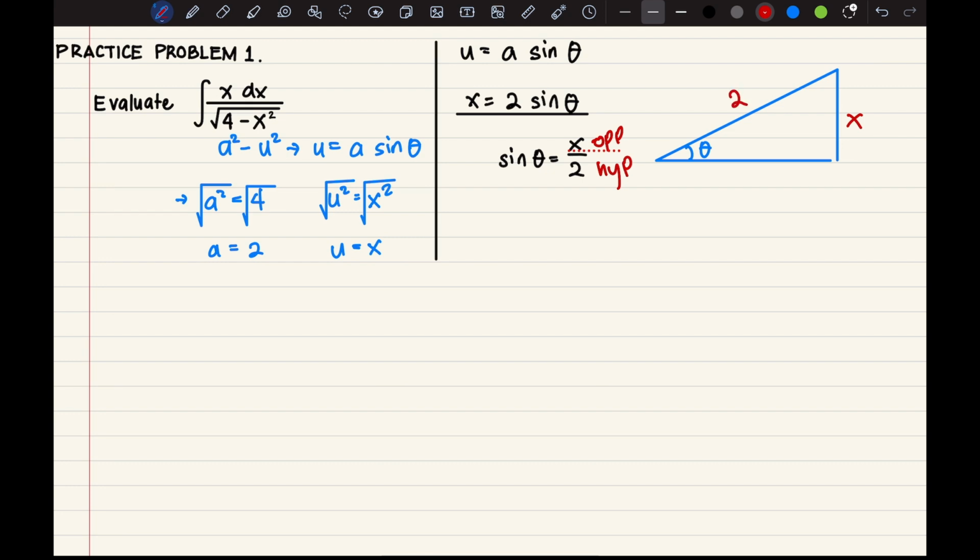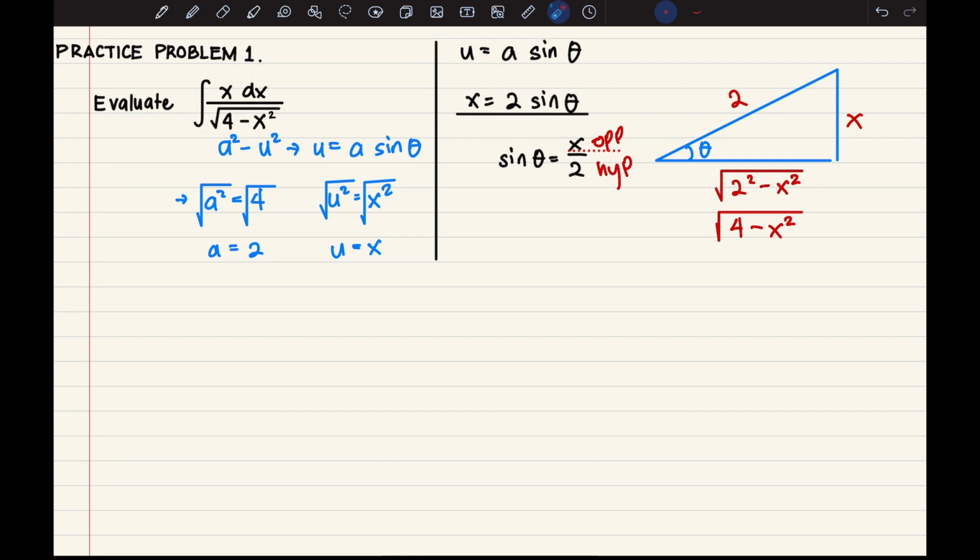And by Pythagorean theorem, we can get the value of this side right here, which is hypotenuse squared minus the square of the other leg. So we have 4 minus x squared, and simplifying, we will get square root of 4 minus x squared. Now this is the triangle that we will be referring to when we want to substitute the x variables